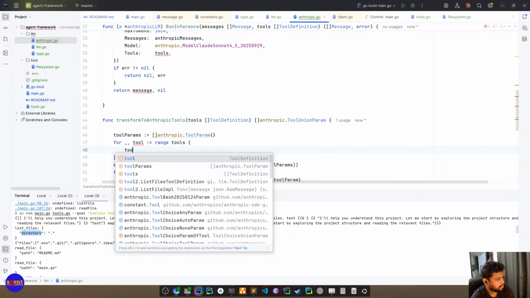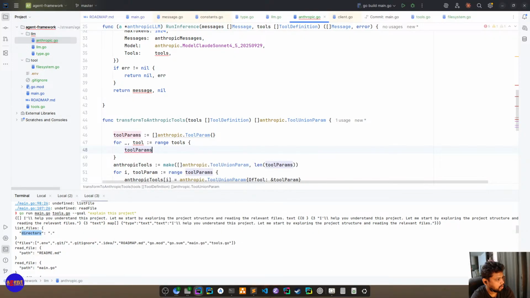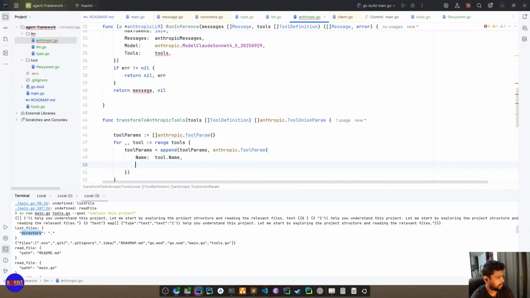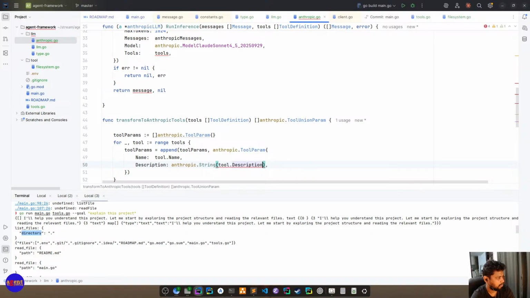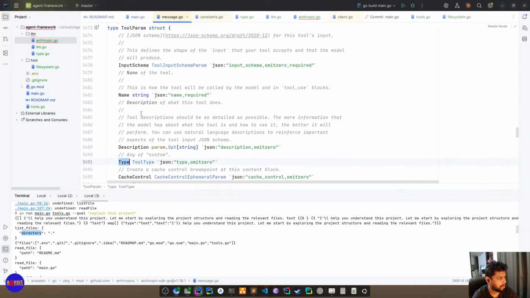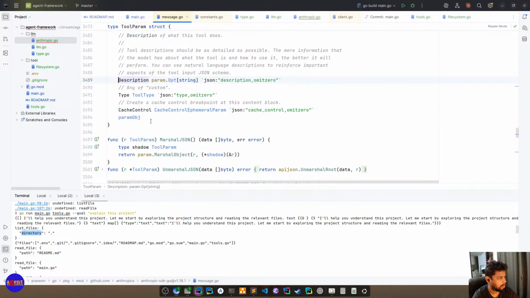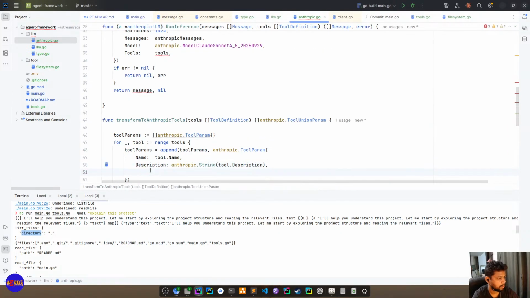Tool param dot append tool param. Name is this. Description is the Anthropic string description. And what else is there? Schema. Okay, this is where we have to do the transformation, right? From